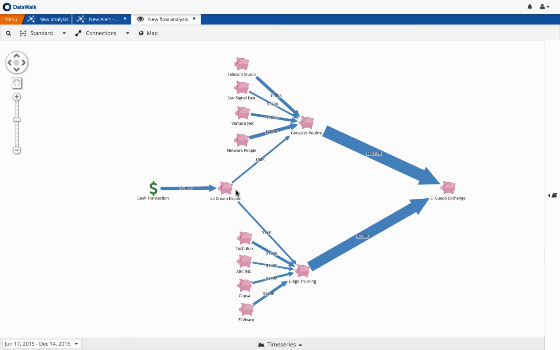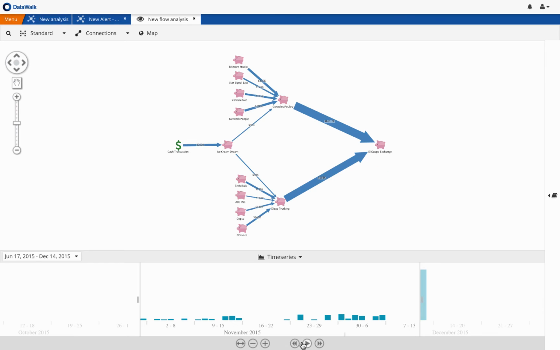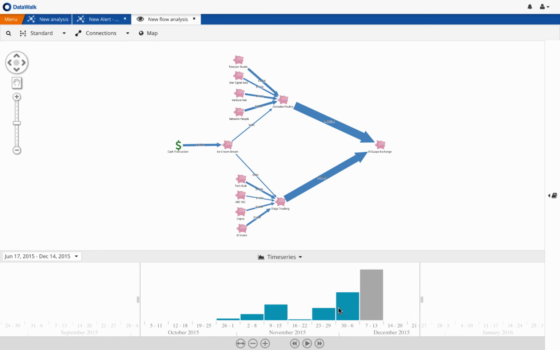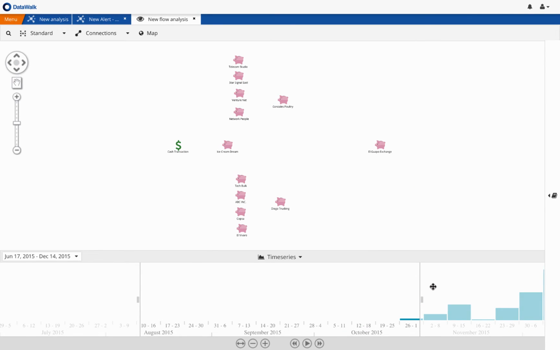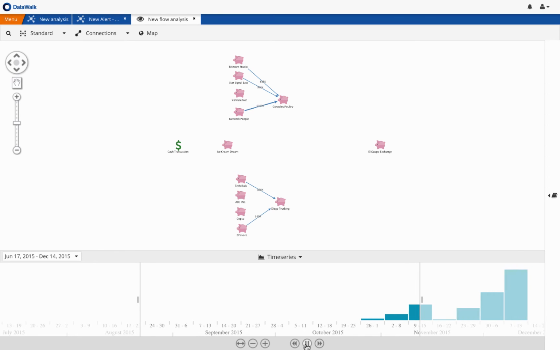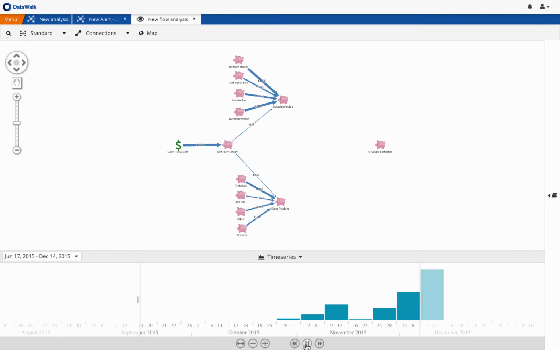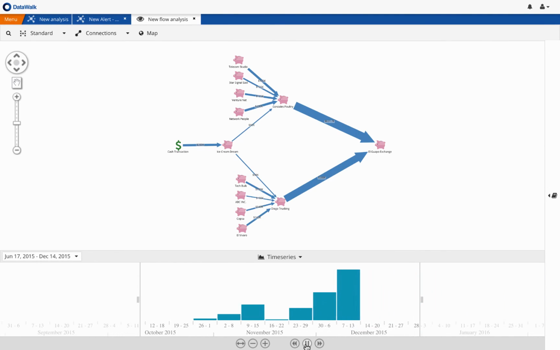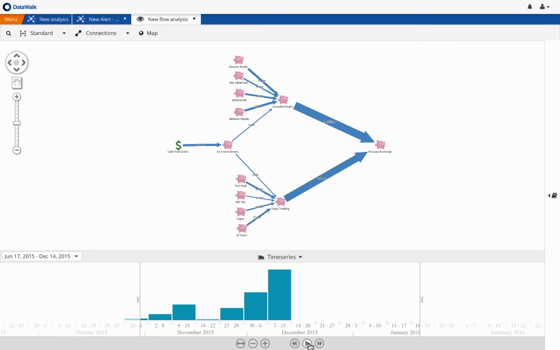More importantly, we see that nearly the same amount of money coming into Diego Trucking and Gonzalez Poultry is quickly flowing out to El Guapo Exchange. This is indicative of a pass-through account. We use time series analysis to visually see how money quickly passes through the various accounts and into the account of El Guapo Exchange. We check the underlying transactions to El Guapo Exchange,